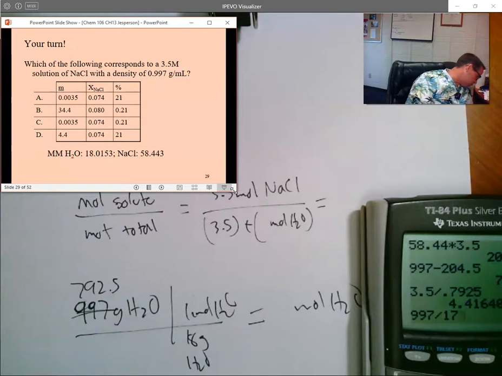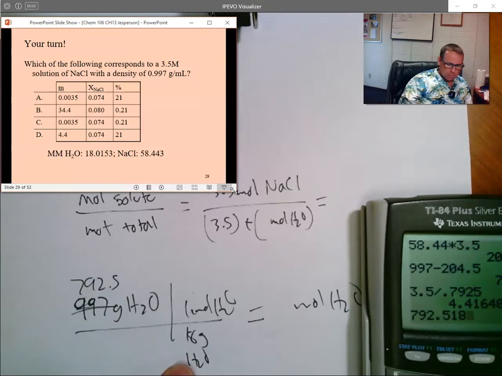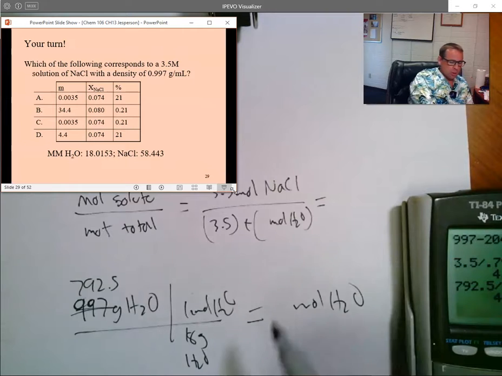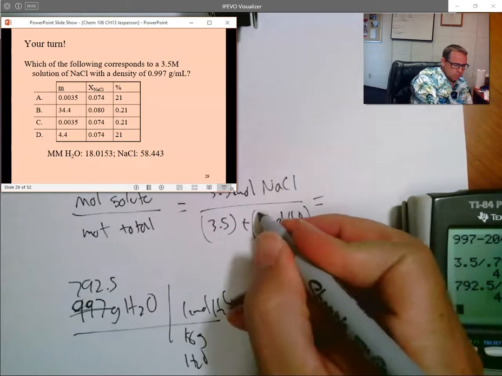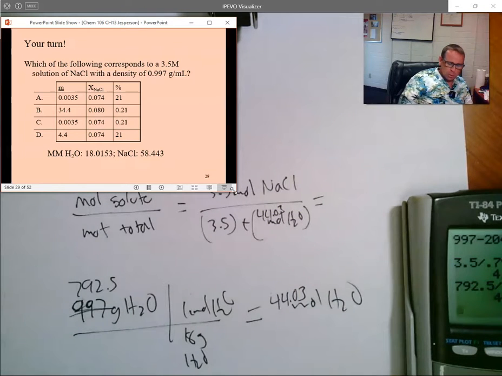792.5 grams was water. 987 grams was the solution. So 792.5 divided by the 18 gives 44.02. What is that telling me? That's my moles of water. So, 44.03 moles of water. I can add that to the moles of